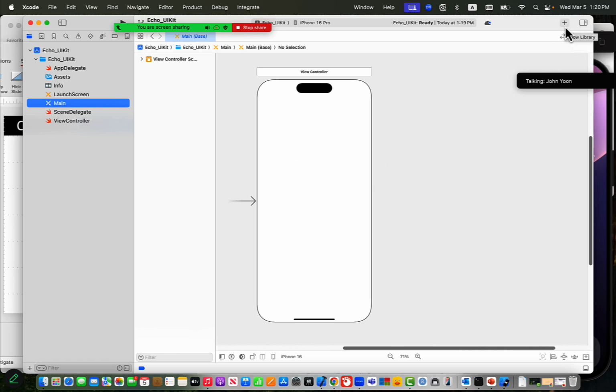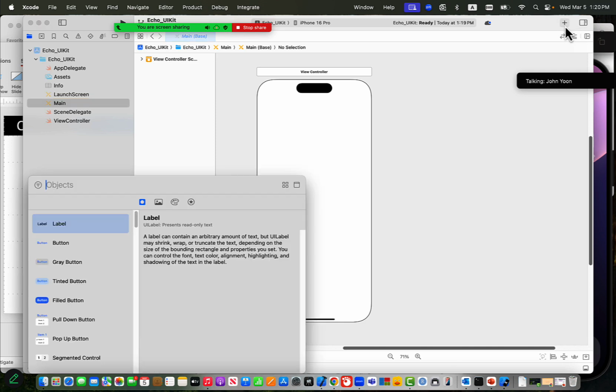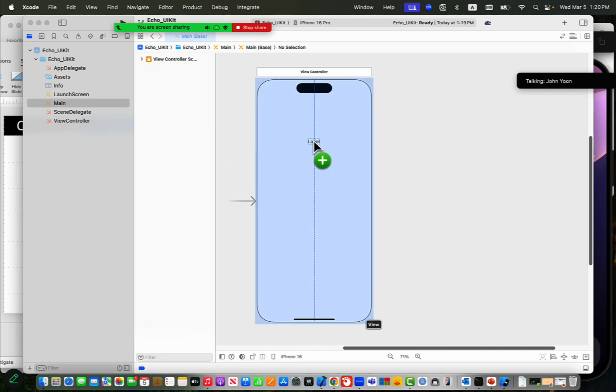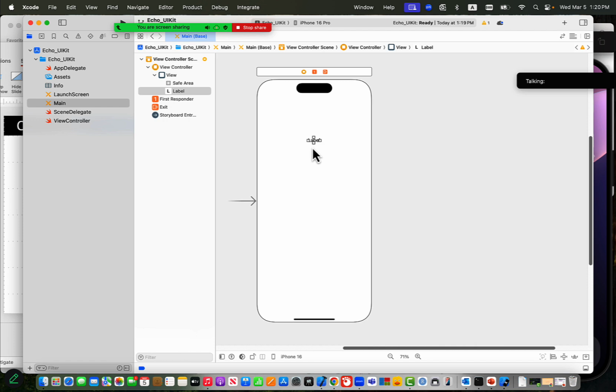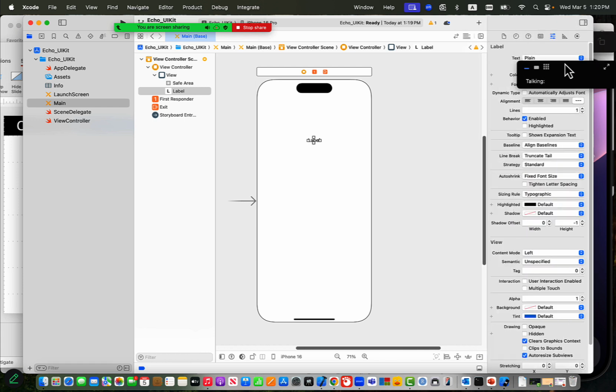So there is a plus sign, library. Click that, then you have a label. First of all, drag and drop it all the way here. And then you can bring up that utility pane by clicking the upper right corner. Click that. And then there is a text field, plain text. This is called the label, right? So you can delete this, and then you can say